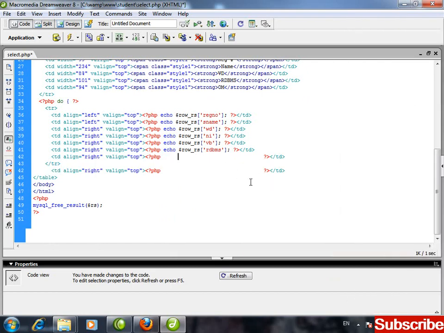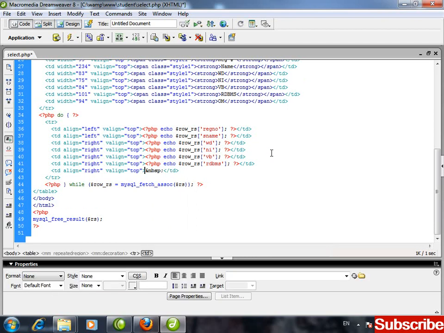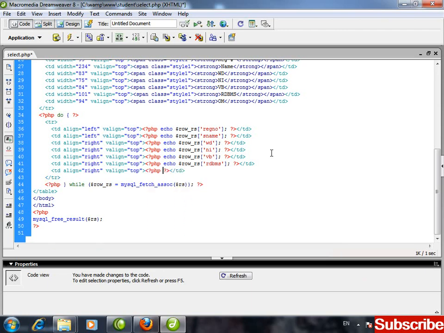Now what I want to do is display here in this cell the sum of this. I want to sum the web designing, network infra, Visual Basic and RDBMS.